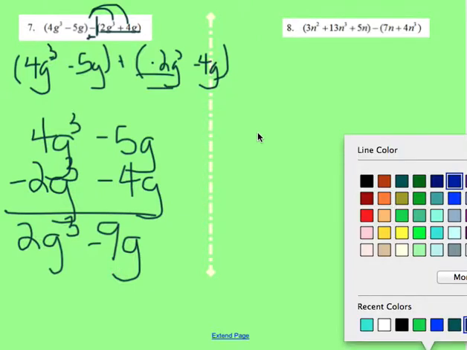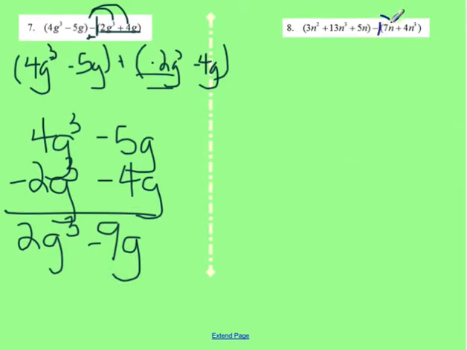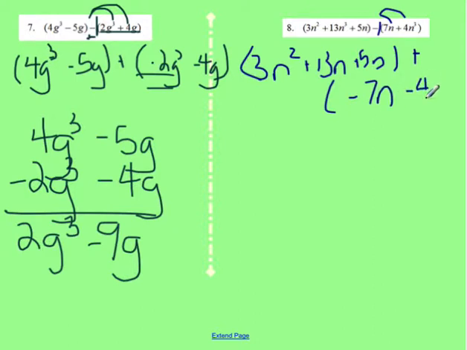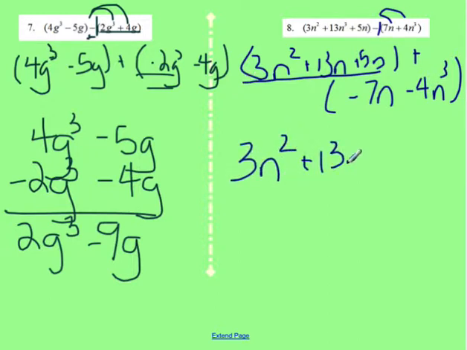So for number 8, again, we're subtracting. So we want to think of that as a negative 1. So all of those signs are going to change. So we have 3n squared plus 13n plus 5n. And that's going to be plus, and I'm going to change those signs. Negative 7n minus 4n cubed. So I'm going to go ahead and write out our first polynomial, 3n squared plus 13n